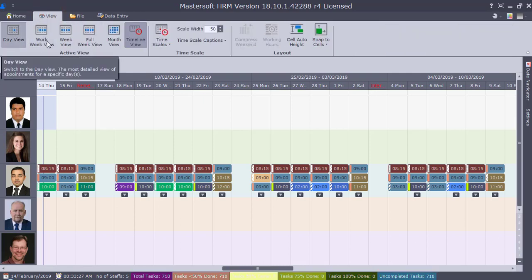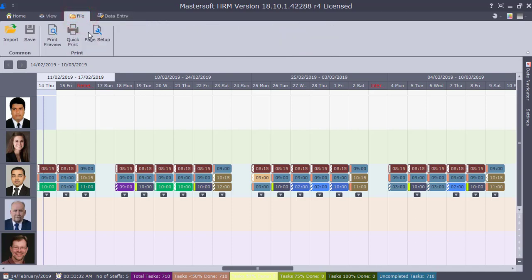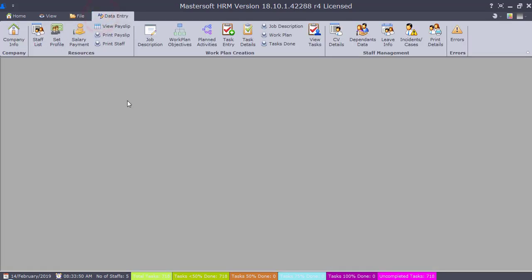We also have a view, similar to what we've seen on the other side. We have File, where we can print tasks from here. Preview, quick print, page setup, or you can save tasks and send them to a person, or you can import tasks from another person and enter them here. When you click on this ribbon tab, the calendar control or the scheduler will disappear to allow you to do other work. You enter the name here,